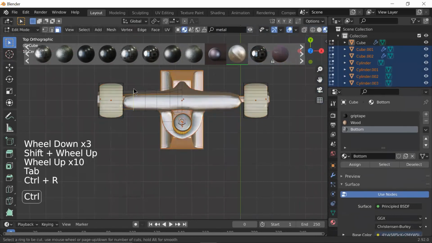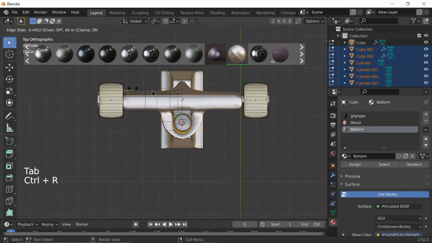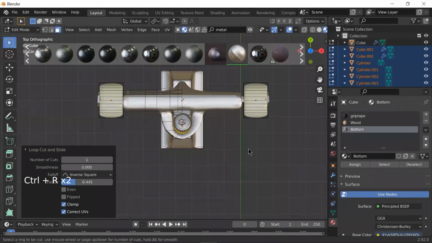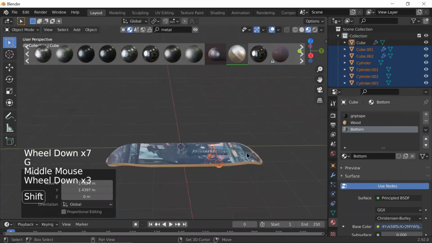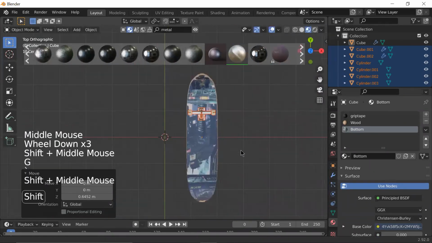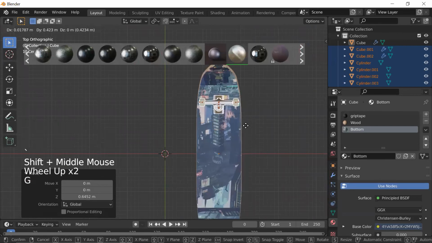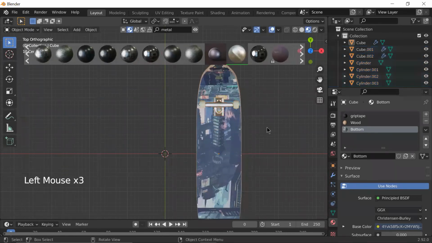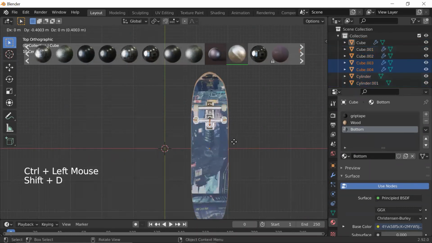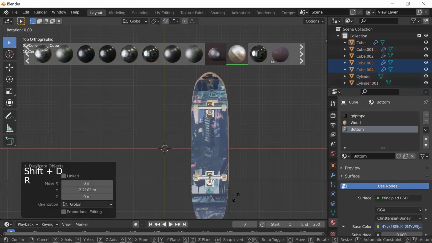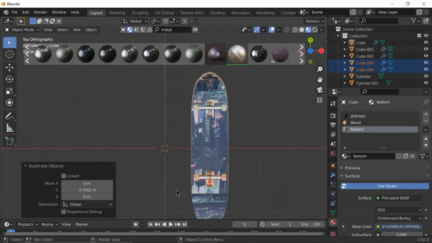This is a little too round here, so I'm just gonna do a little final loop cuts here, like so. And then bring it over to the skateboard and just line it up towards the center of the board, like so. And then you can just select all of these, Shift D, Y, rotate Z 90, or hold on,